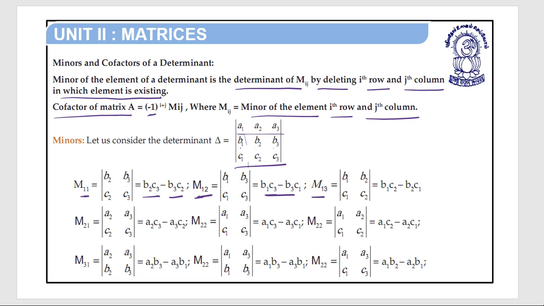For M13, first row, third column: B1, B2, C1, C2. That is B1 C2 minus B2 C1. Same for M21, M22, M23. M23 is second row, third column: A1, A2, C1, C2. Then M31, M32,